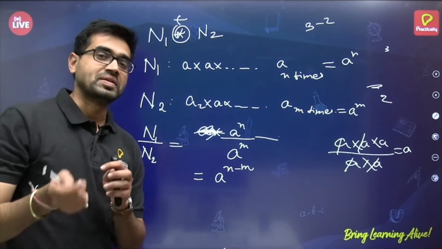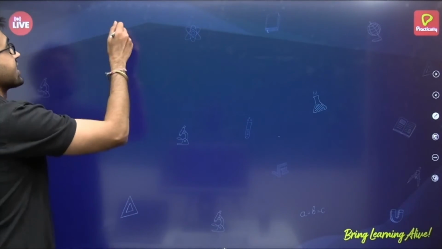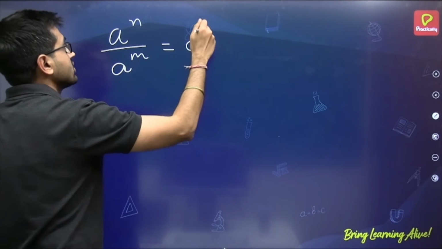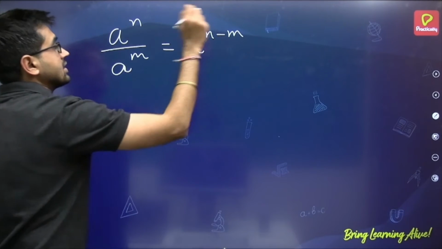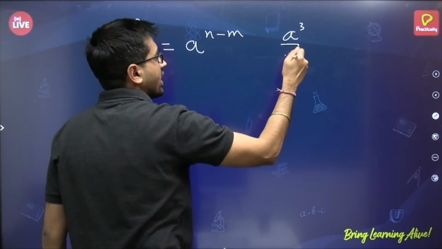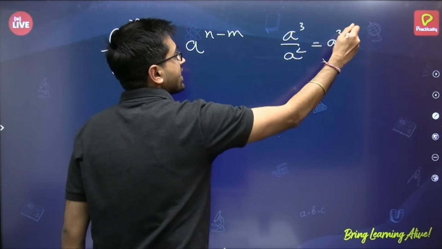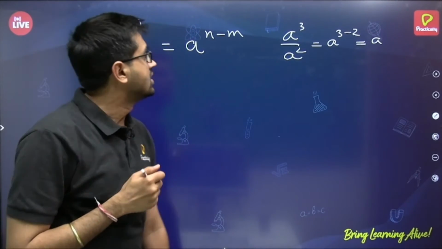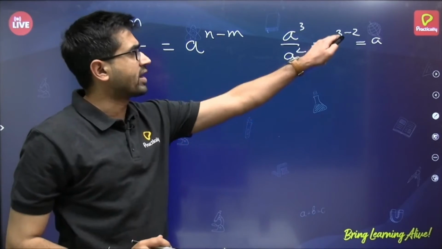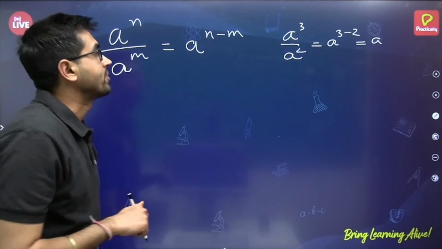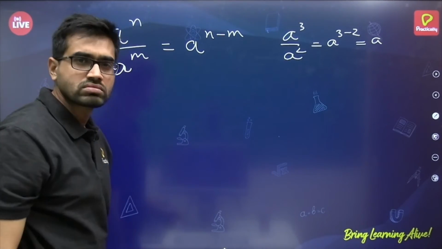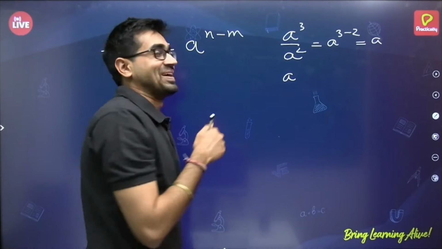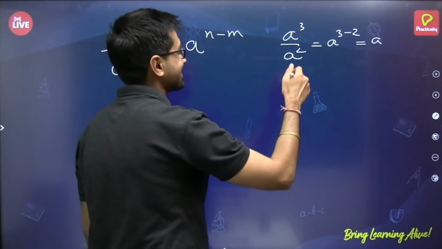Wait. Let us come back and understand one very basic thing. The biggest confusion of all time, and let's try to remove that from our mind. If it was a cube by a square, I thought a to the power 3 minus 2, or a, will be left. Which is right. Which is not wrong. Because a cube and a square will give you a, and also 3 minus 2 gives you power 1, which is still a. Can I bring something down? Someone will stop me. No one can stop me.